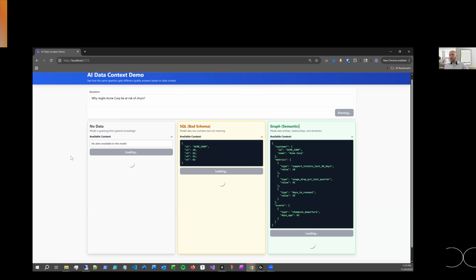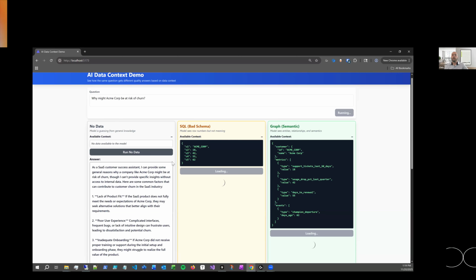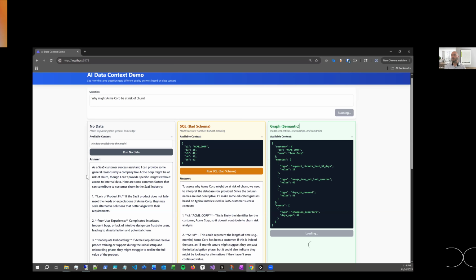As this is loading up, I just want to say, obviously, this is a simplified use case, right? I think most organizations have the sophistication to understand that their schema needs to be better than this if they want to get value out of it. But I think it's really dramatic, and it's important to understand. So as we look at the first one here,